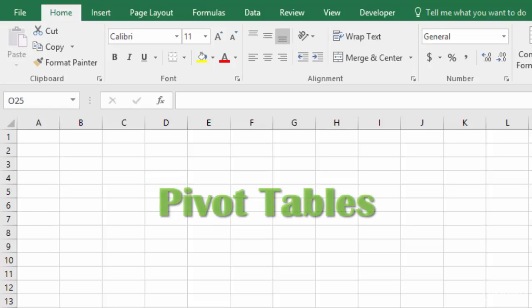Okay, in this lecture we're going to be talking about pivot tables. Pivot tables are an amazing tool for doing really powerful calculations. You can do a lot of different quick calculations with the same data set or the same table, and they're also really great if you have a lot of data that's changing frequently and you need to continually run reports